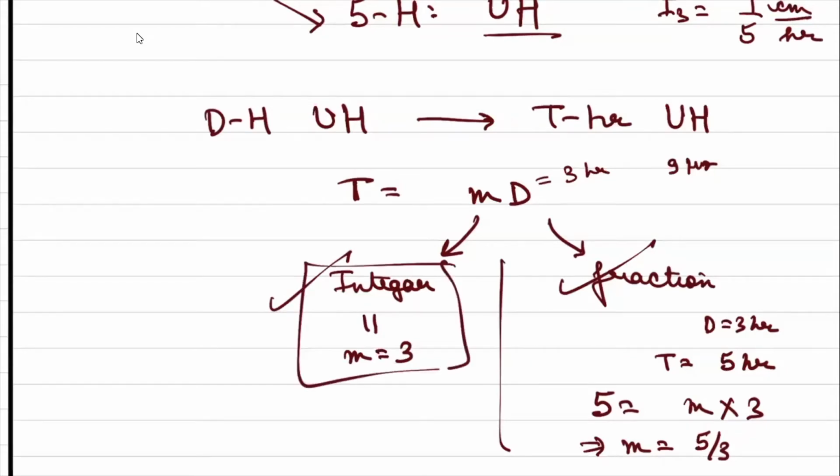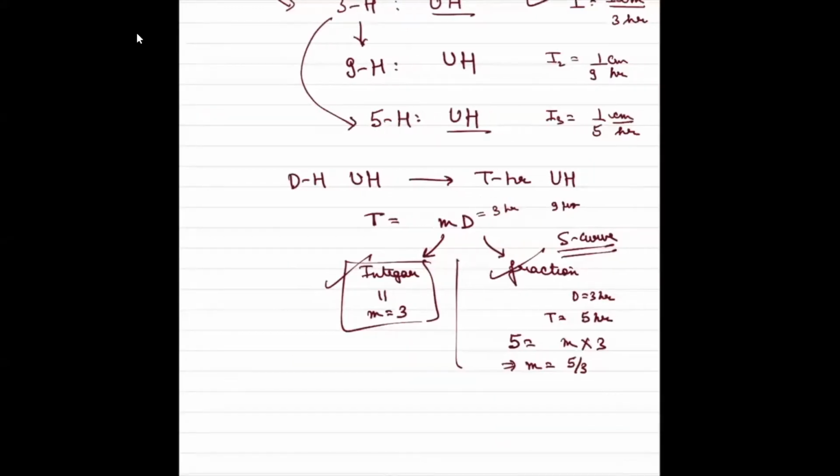So there are two cases: one is an integer and another is a fraction. Dealing with an integer is going to be easier. Dealing with a fraction is going to require a special tool called S-curves, and we will talk about the S-curve method in our next video. But today our focus is to solve this problem: how to deal with integer kinds of hydrographs. So it is very, very simple. That is going from 3 hour to 9 hour, 12 hour, 18 hour, 15 hour, 27 hour is all going into integer form, right? So that is going to be easier, and let us see how we do that.